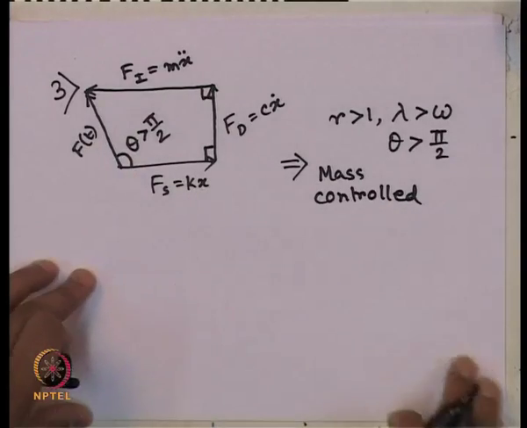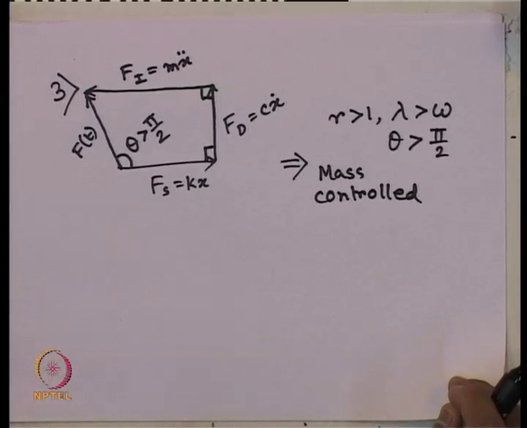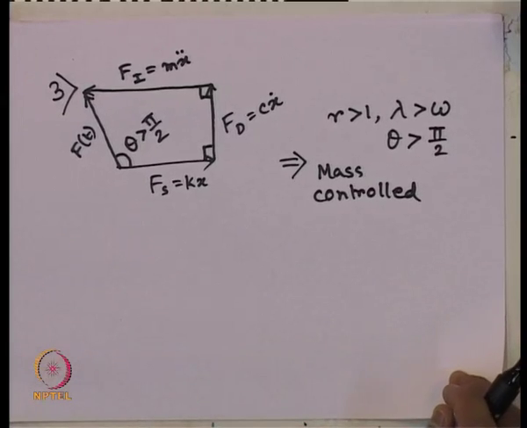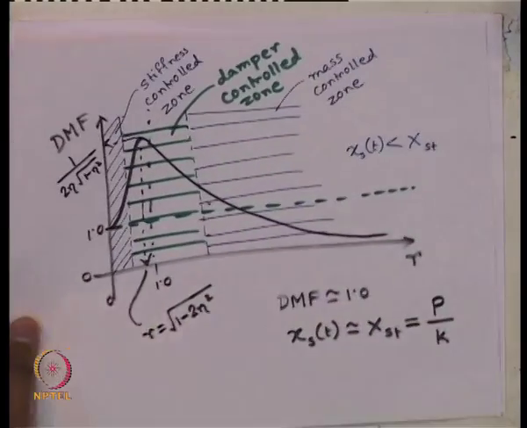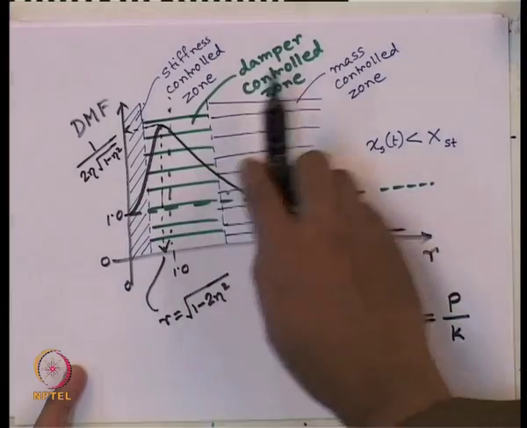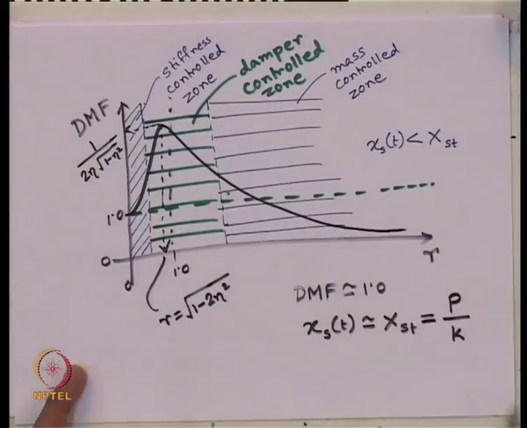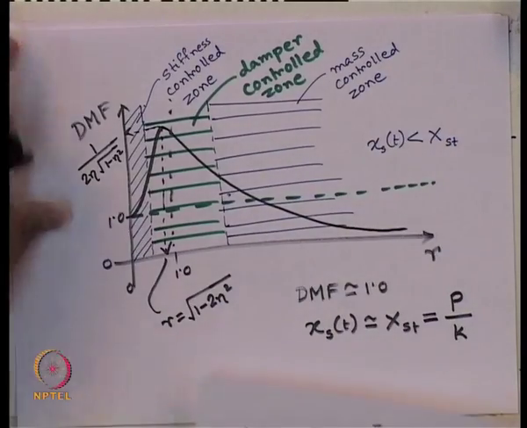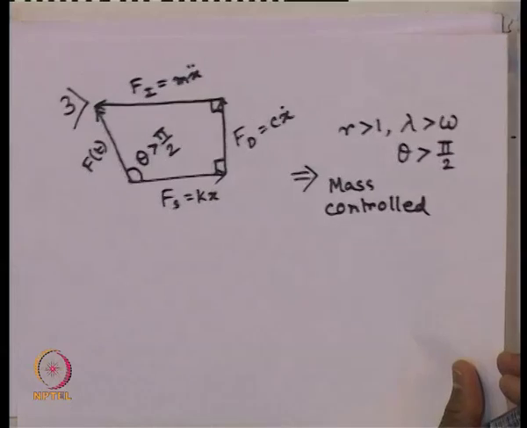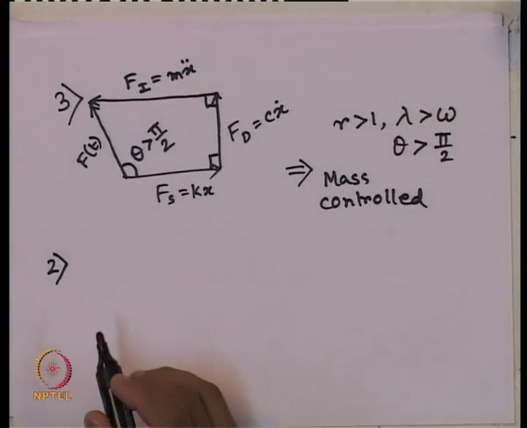This is the reason, or this is the proof mathematically, why it is called the mass controlled zone, which we had already understood from this picture, why this region is called the mass controlled zone physically. Physically we have understood the problem, now we have proved it mathematically. And obviously, the remaining parameters will control the